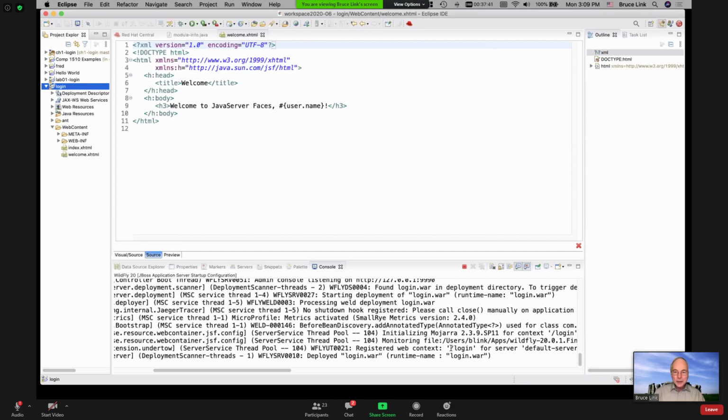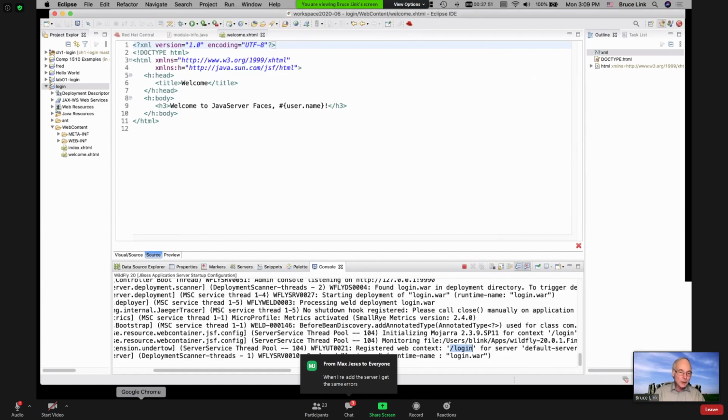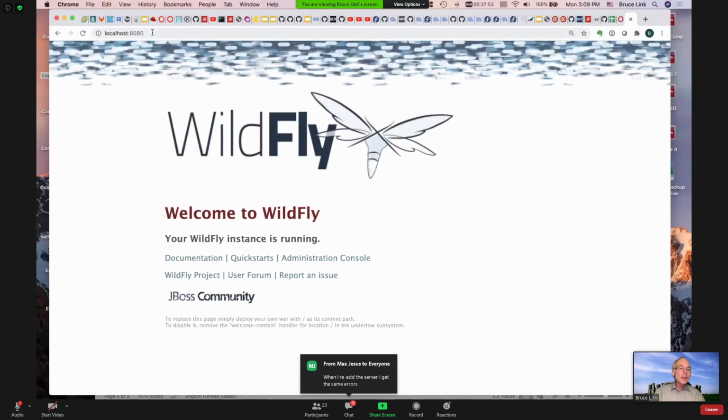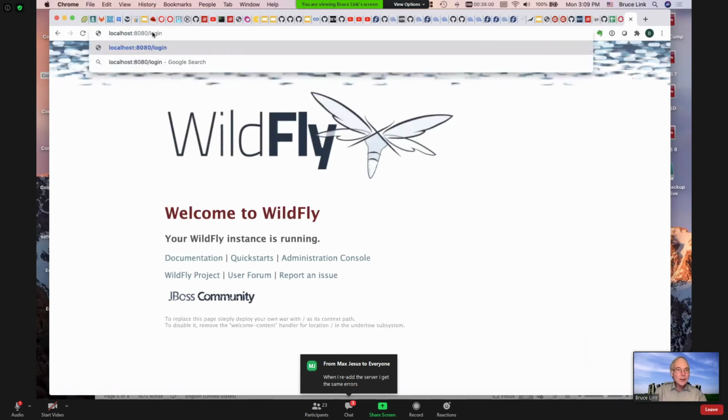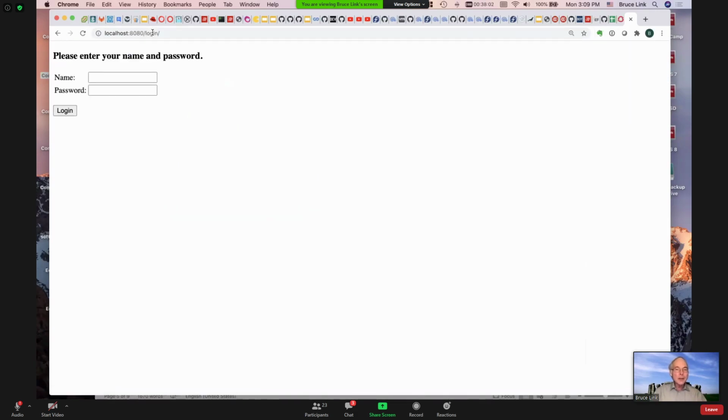And okay, this says its registered web context is /login. So that means that to navigate to it, I need to go to localhost 8080/login. So if I go back to my browser, where I had my Wildfly page, and say localhost 8080/login, then I go to my application,